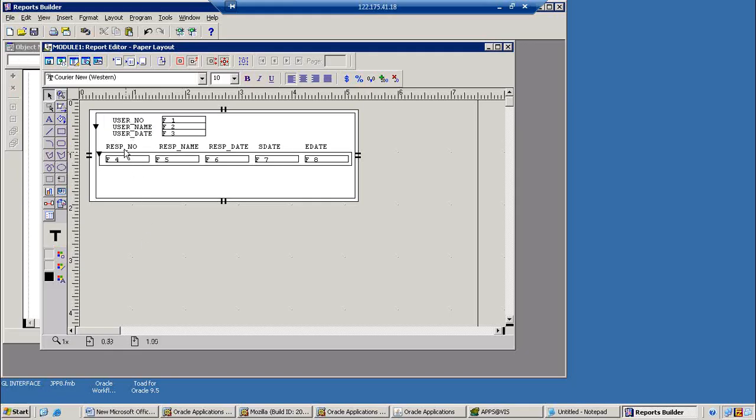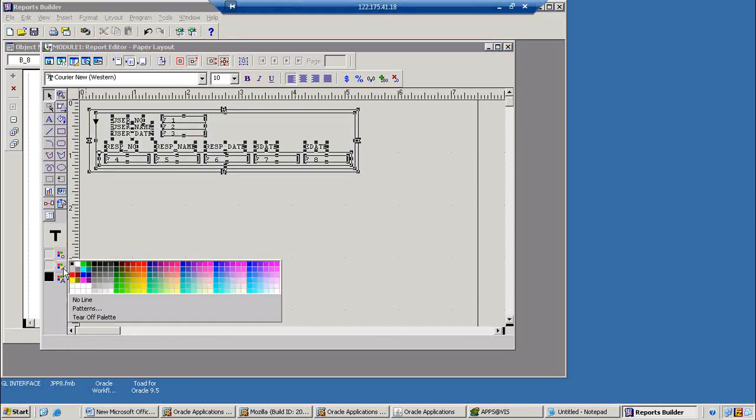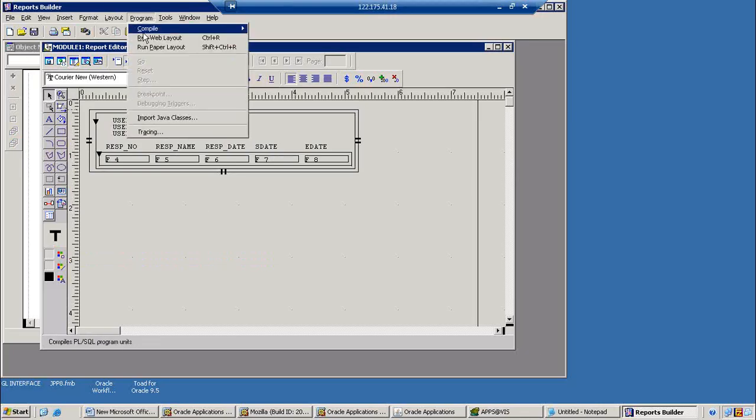These are the columns, and now once it is completed, we can adjust each and every frame. Once it is completed, we select all the fields. We don't want colors, we don't want lines. Now compile the